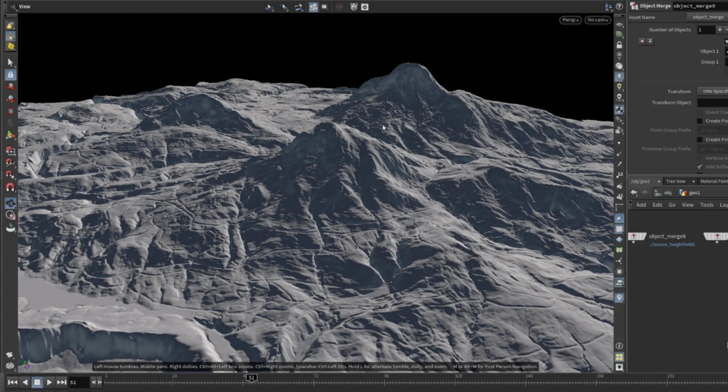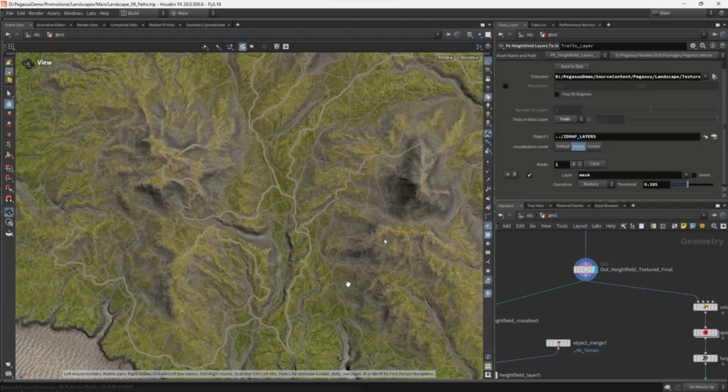And the benefit of this is that we're able to add a lot of interesting sculpted detail to the terrain that would be really hard to either add manually or to manually draw these lines. And there's no simulation process that will do this for you. So the height field paths node really allows you to create this extra layer of detail, and not just for the main paths that the humans are using, but also to describe things like animal trails,